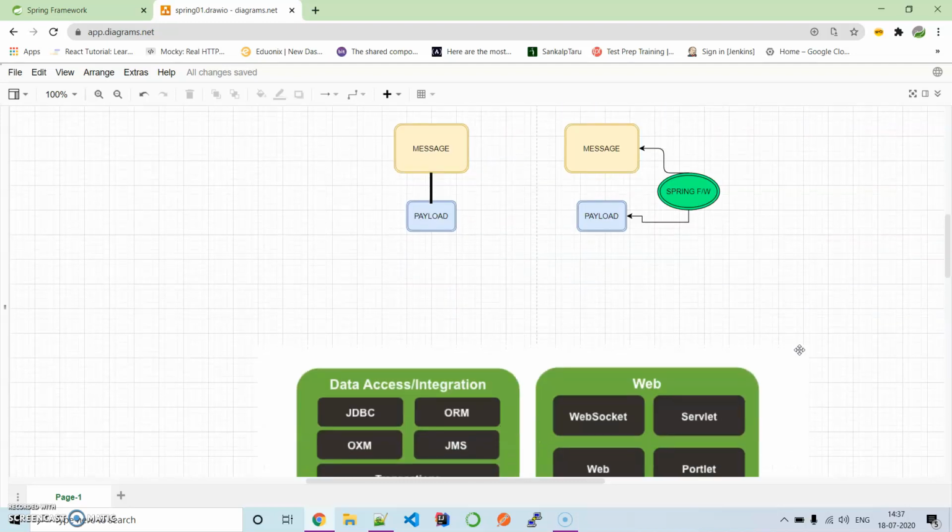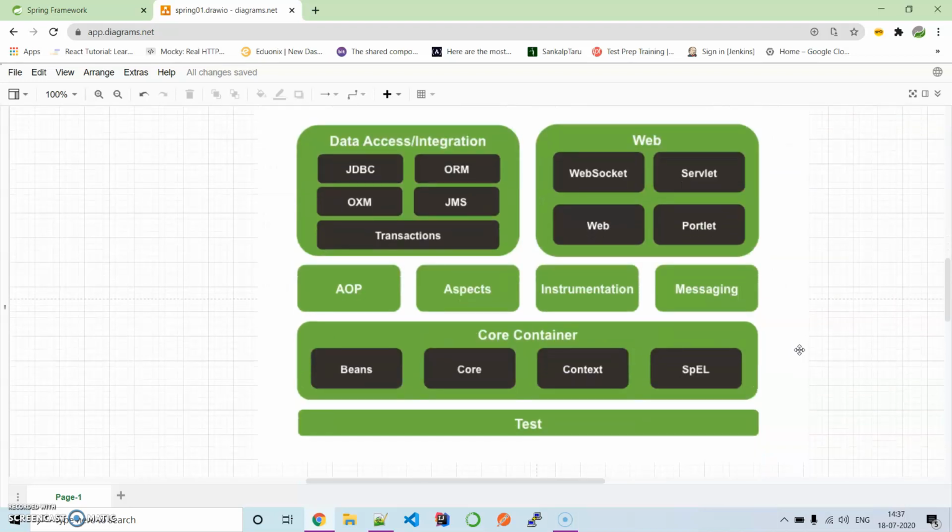Next we come on to the architecture. I'm going to explain it, and as you can see, there are different modules in the Spring Framework, like the core container. This is the core container framework, which contains beans, core, context, and the Spring expression language. And then there is the data access or integration module: JDBC, object relation mapping, OXM,